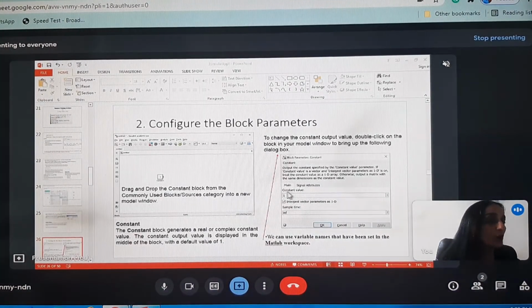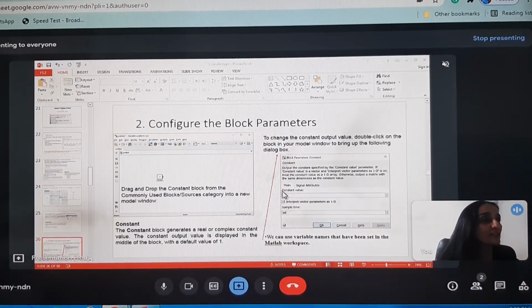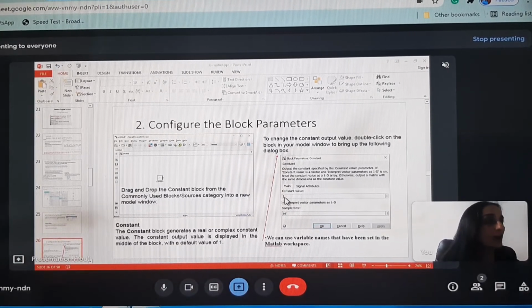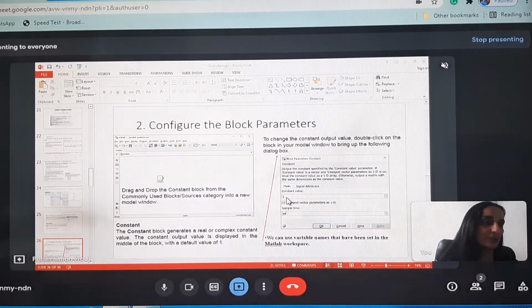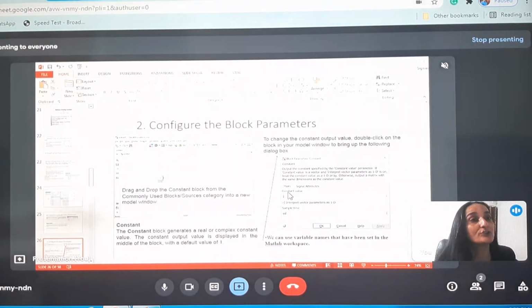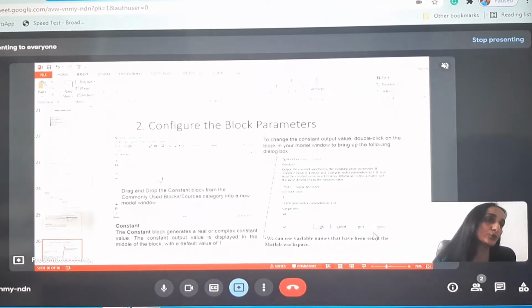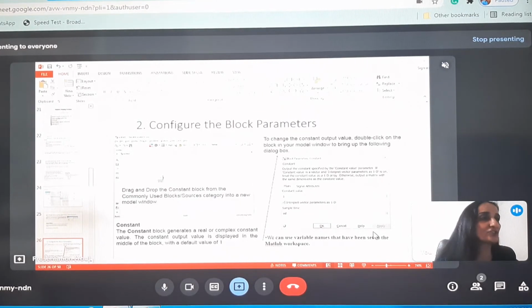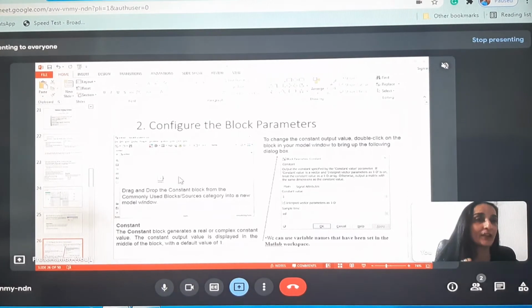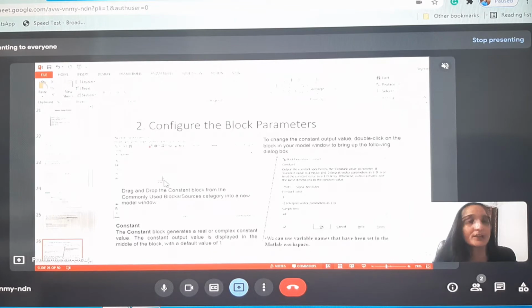Otherwise, if we want to enter a new value for the constant value parameter, then you delete it and type in another constant value. You can type 2, you can type 3, or whatever may be desired. And when you type another value, you will see that the Apply button gets highlighted. So to apply the changes, first click Apply and then click OK, and you will see in the middle of the block a new constant value displayed.